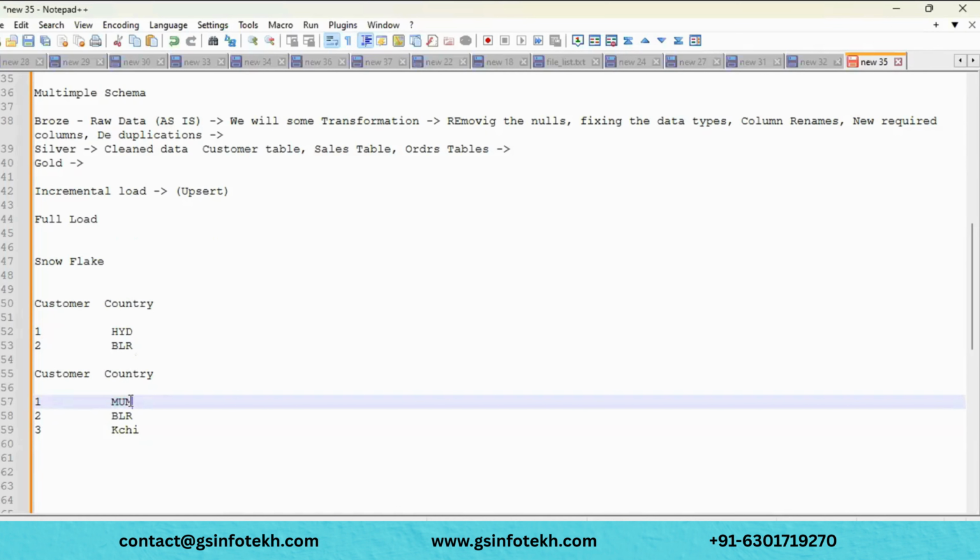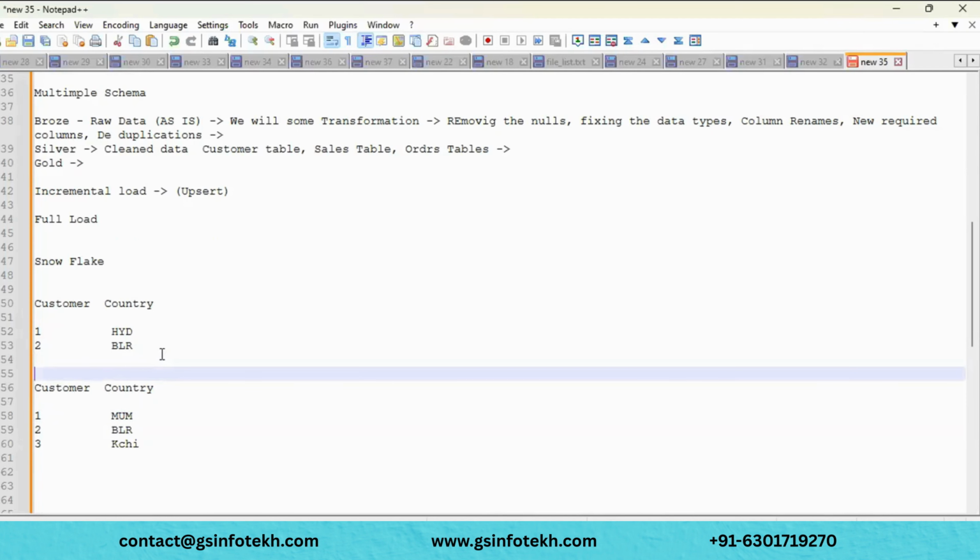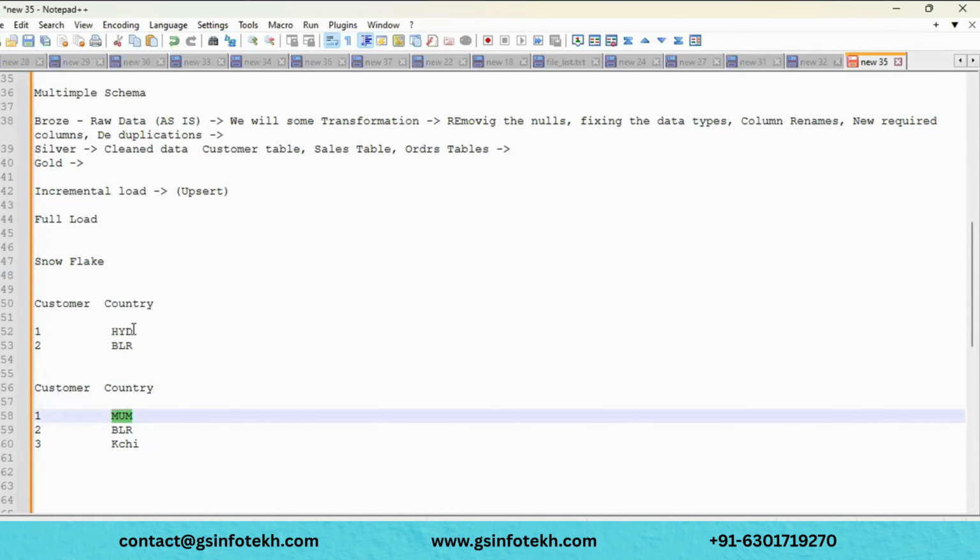Now whenever you are handling incremental load, I don't want to create duplicate records here, because if I create duplicates it becomes clumsy and the data keeps on increasing, which is not required. So I will perform an incremental load. On top of the existing record, it is just going to update the record.